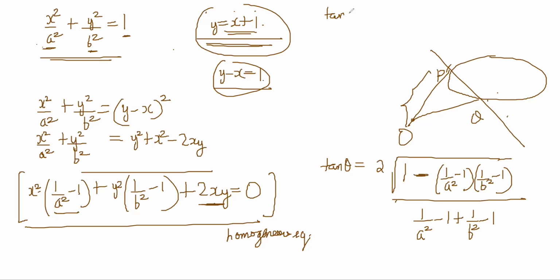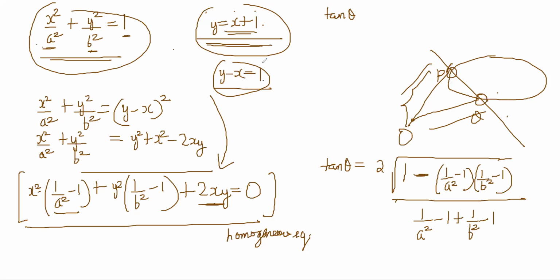I have not yet found what point P and Q are, right? I have just directly solved it and found the equation of the OP OQ thing. So this process is homogenization, and what are we doing? We are homogenizing this equation, right? Using the line, we are homogenizing the curve, right?